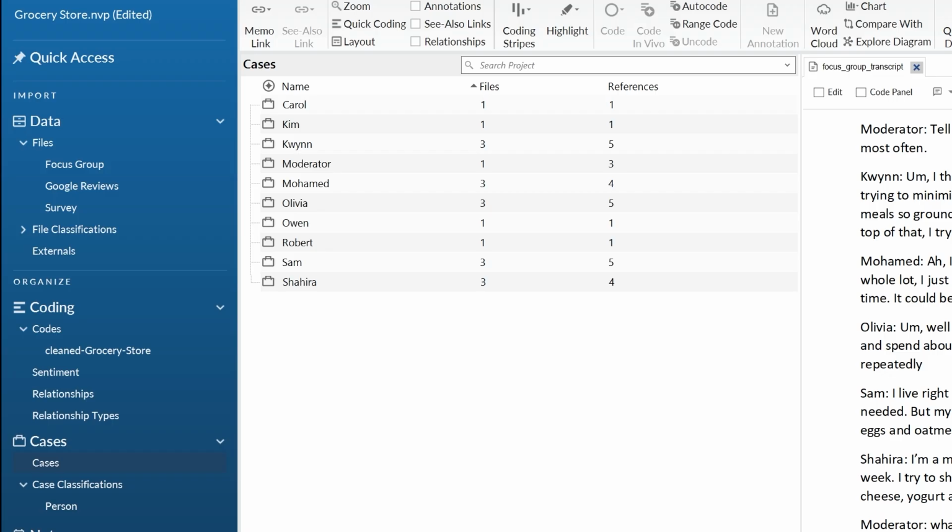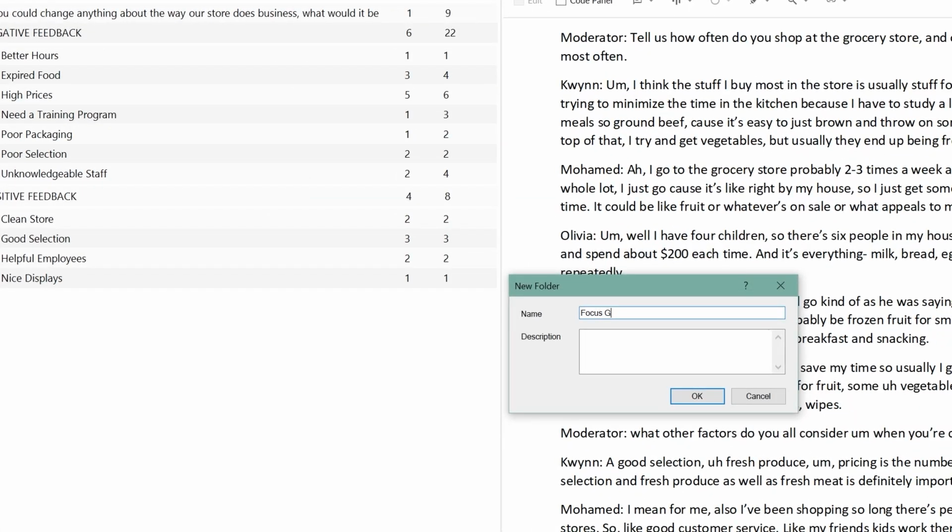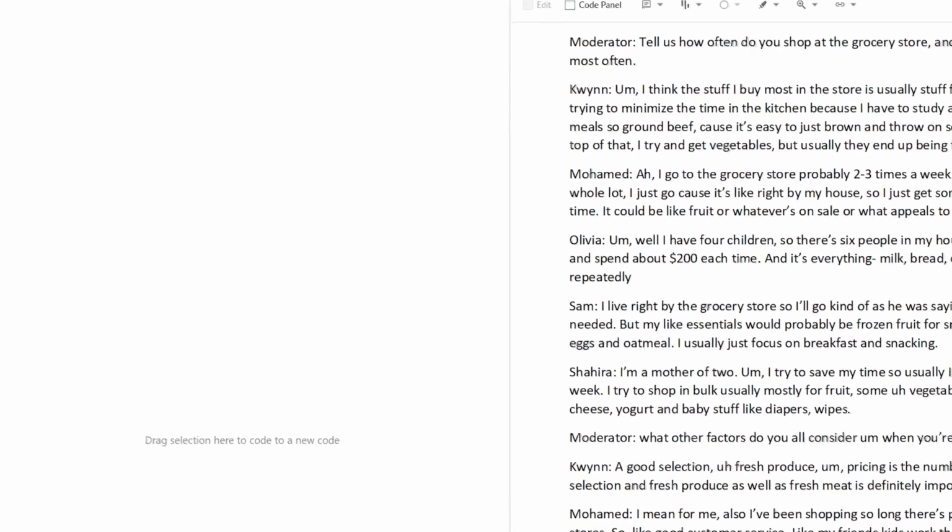We can also manually code the transcript if we like, following the same process as before. To keep things organized, I'll create a new draft folder specifically for focus group codes. In the navigation pane, right-click on the codes heading, select New Folder, and name it Focus Group. Any coding we do for this transcript will appear in this draft folder, which is now showing up in the